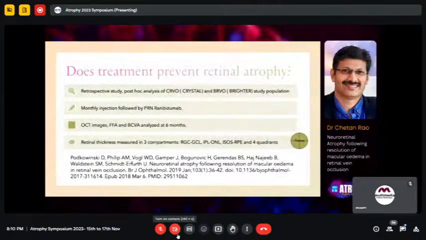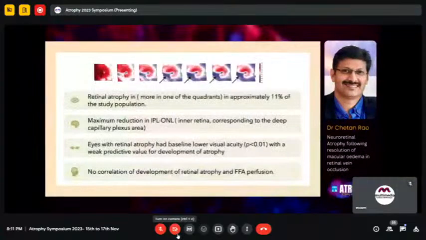In the light of the dual role of VEGF in promoting macular edema and neuroprotection, the question arises whether treatment with anti-VEGF is effective in preventing retinal atrophy. Wodkolski et al. conducted a post-hoc analysis of the CRYSTAL and BRIGHTER studies. In these studies, monthly injection of ranibizumab was given for 3 doses followed by PRN dosing up to 6 months. OCT images, fluorescein angiography, and visual acuity were analyzed at 6 months. Retinal thickness was measured in 3 compartments in 4 quadrants around the fovea. They reported retinal atrophy in approximately 11% of cases